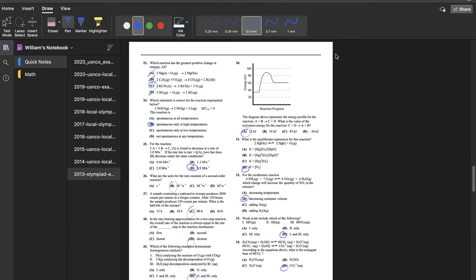Okay, so for 24, let's look at this equation. I don't think it has a name. So basically, the change in Gibbs free energy at a certain temperature is equal to the change in enthalpy at that same temperature minus T times the change in entropy at that same temperature. So here's the rundown. You want delta G to be negative for your reaction to be spontaneous. That's just how spontaneity is defined. So in order for this to be negative, you could have a situation where delta H is negative,